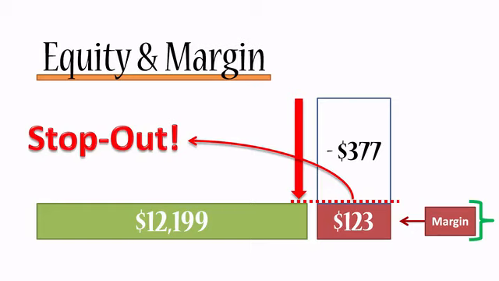And in this case, the margin acts as a safety net or a safety buffer. So basically the broker is saying, okay, this trader doesn't have any free margin left. We should close the position, and in that case, what will happen is they pull back the $12,199 and you get back your margin. So your margin is returned to you. So why does the broker use this margin as a safety buffer?